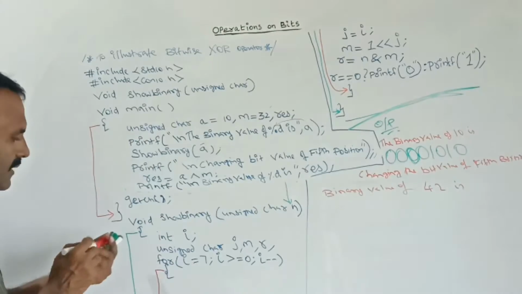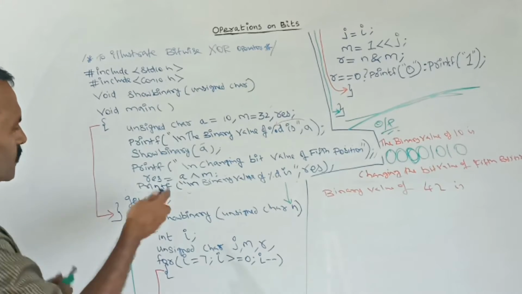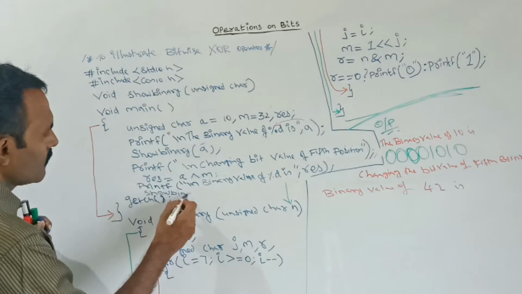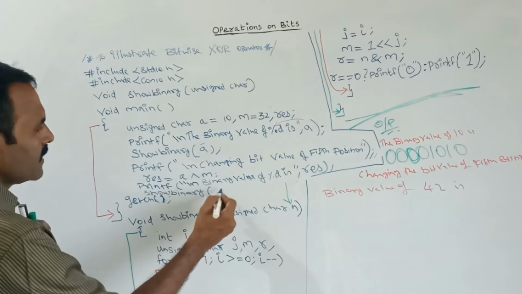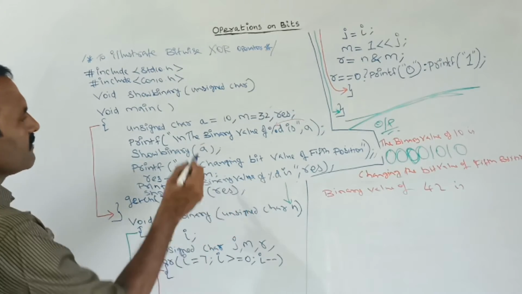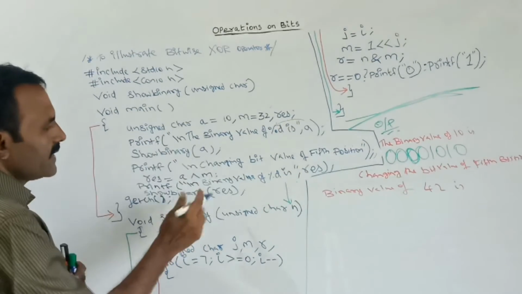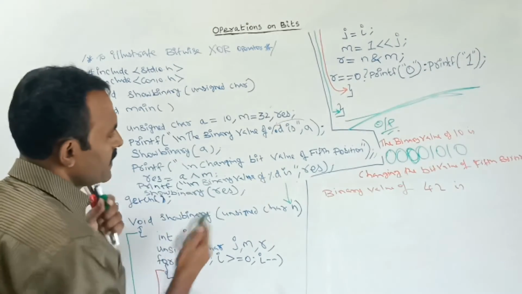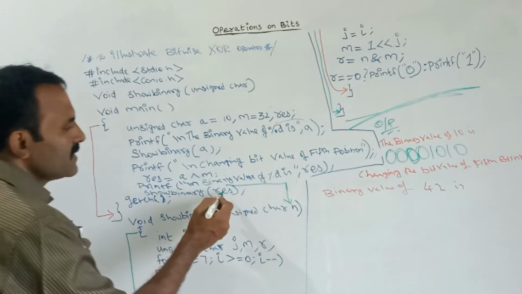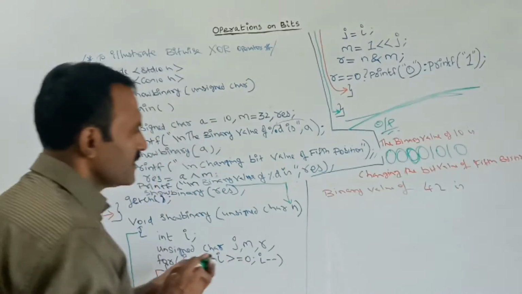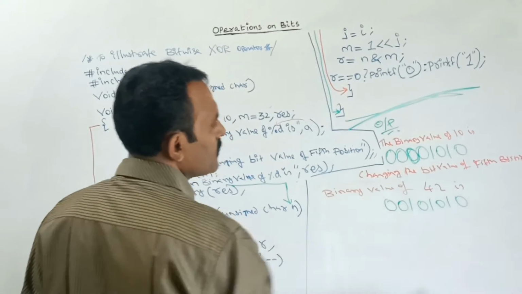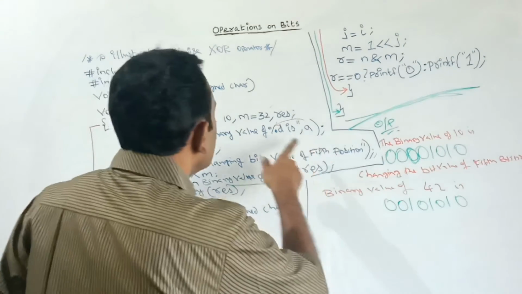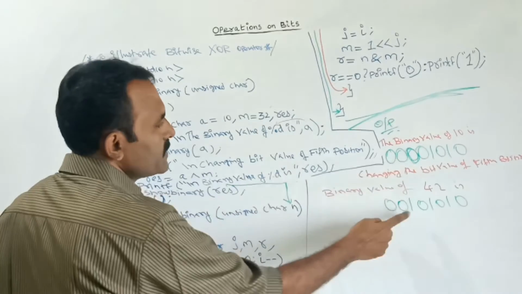After this step, here I am calling this function. Which function? This SO binary function. Here I am passing this RES value. This is the second time. First time I passed this A. Next, in this step, second time calling, I am passing this RES value. So the relevant binary value of this 42 RES value will print here. The output will display like this. See here, this 32 is to toggle the 5th position.